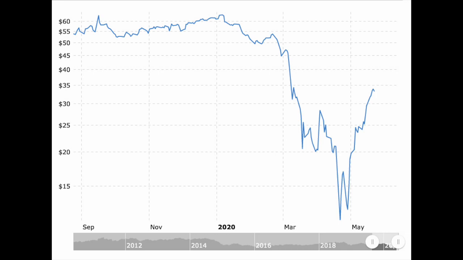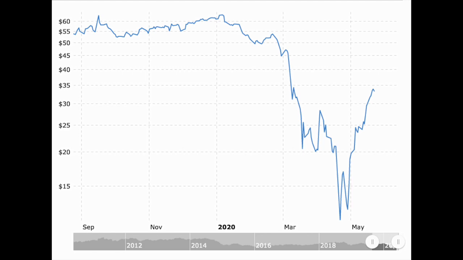This graph shows the West Texas Intermediate oil price. We can see from this graph that from September to around February, the oil prices were ranging at around $50 to $60 per barrel. However, as soon as the lockdown started because of the global health issue that we are still currently facing, there was no demand for oil, so oil prices sharply fell to really low levels. And there was a day when the oil prices went negative. This graph shows that around April 20th is when the oil market actually crashed.